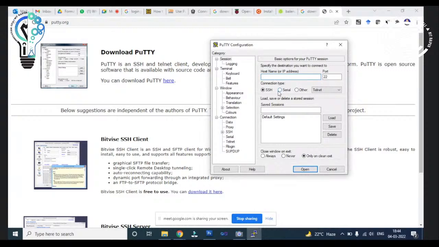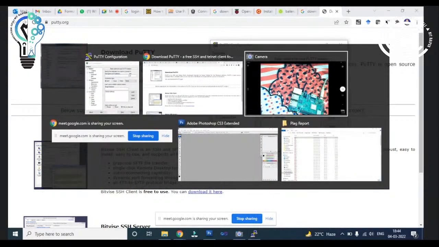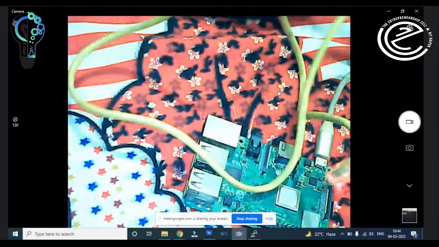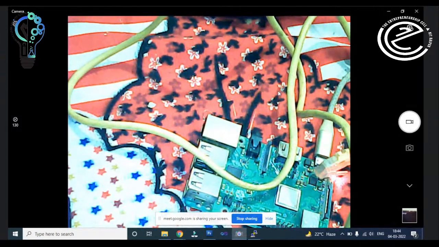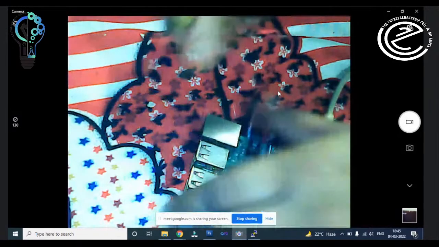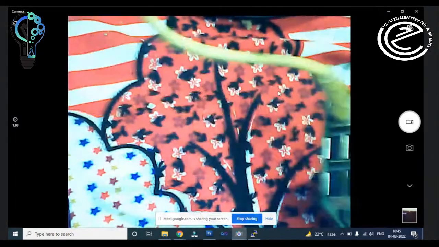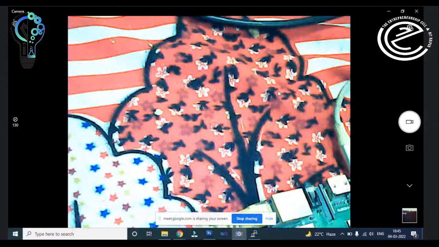So for this, you need a LAN cable, right? You need a LAN cable, because without a LAN cable, you cannot get the connection between your system, your laptop, and your Raspberry Pi. So just connect the LAN cable in the LAN port like this, okay? And you can connect the other end in your laptop.